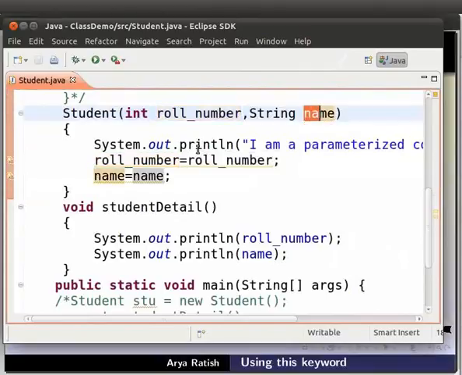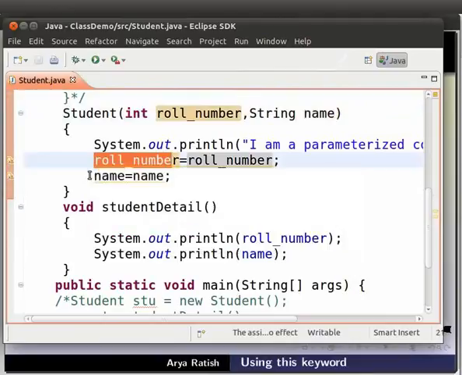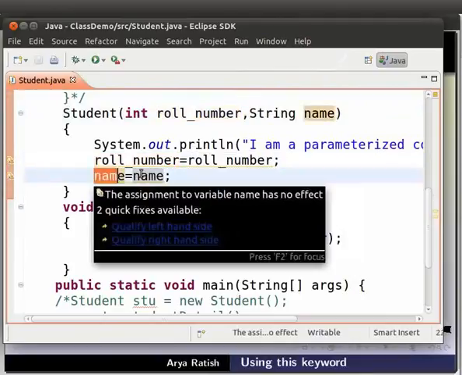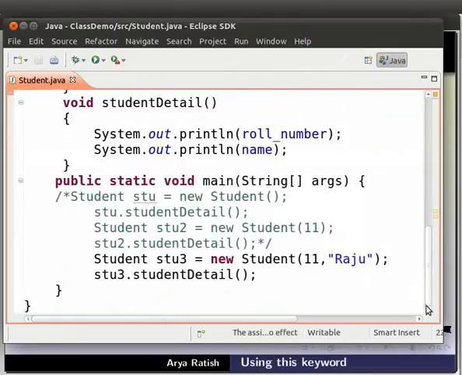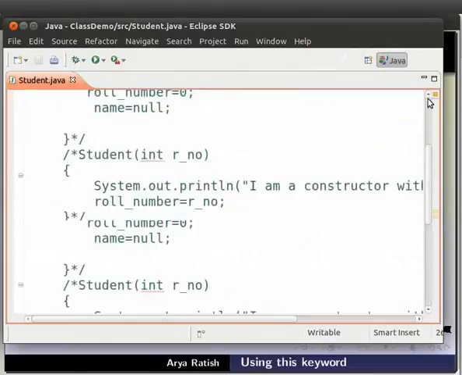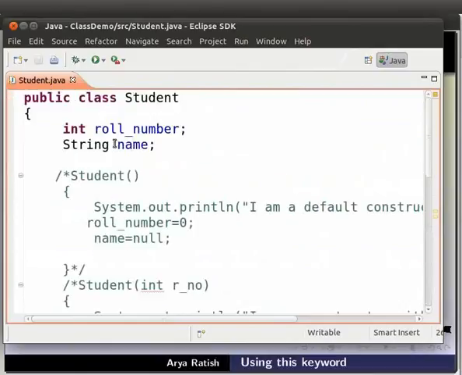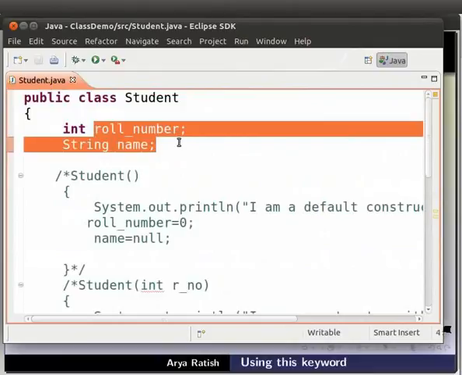Local variables are variables that are accessible within the method or block. Here, roll_number and name will be initialized to Levin and Raju because we have passed the values Levin and Raju in the constructor. But once they come out of the constructor, it is not accessible. Then the only roll_number and name we know are the instance variables. They have been initialized to 0 and null already once the object is created. So we got the output as 0 and null.